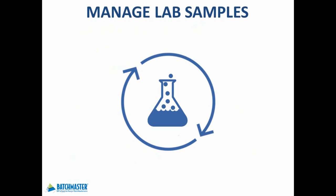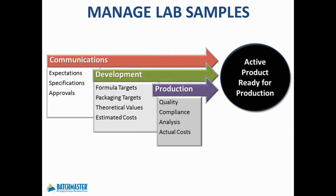Effectively managing samples will enable you to accelerate the process from concept to production. You can identify the requester and their specific product requirements, and then track the progress of your formulas and finished goods from R&D to acceptance then into production. With samples management, you will gain a greater insight into customer demand and product trends, as well as improving your